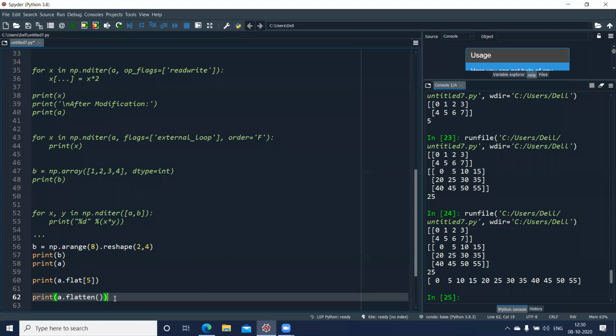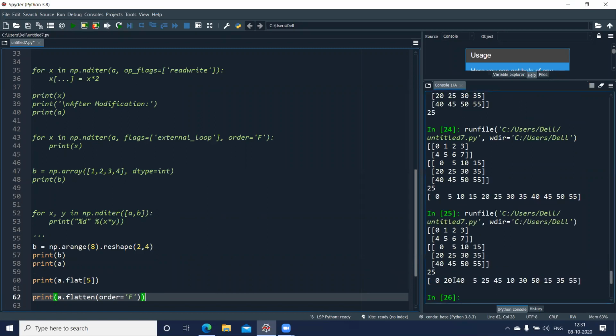Now, by default, it is going to access each row at a time. And as I told you, if you want to access the columns first and then the rows, what I can change is I can, in the round brackets, mention the order here. If I mention the order as F, that is Fortran, that is column major, it is going to convert this into a column based. You can see this now. It is taking 0, 20, 40 as my first values and so on. And it is accessing column wise and converting into a 1D array.